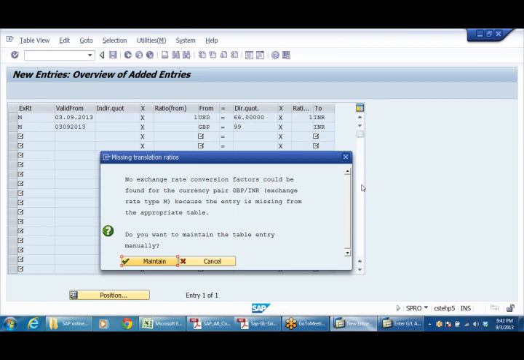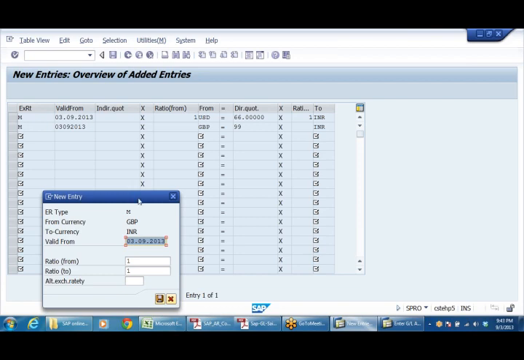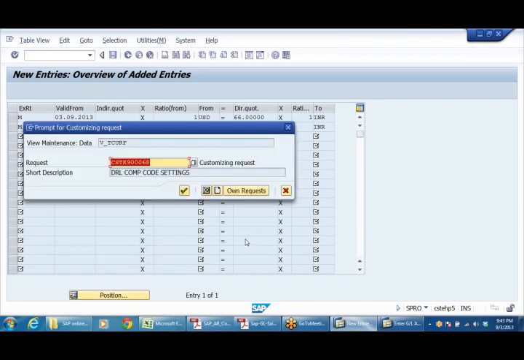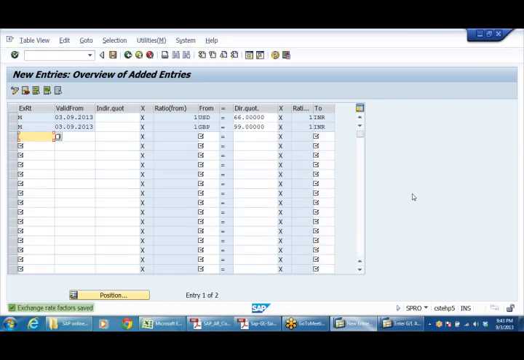So no exchange rate conversion factors could be found. Okay, maintain, yes, maintain. So from 39 onwards, ratio 1:1, yeah. These two we have done, right? Come back.